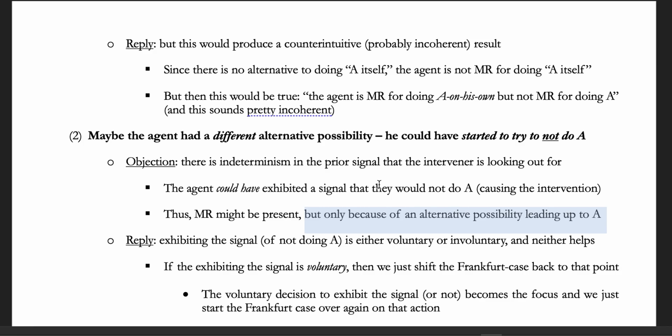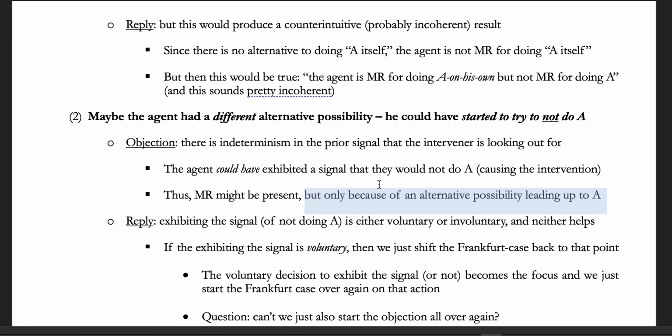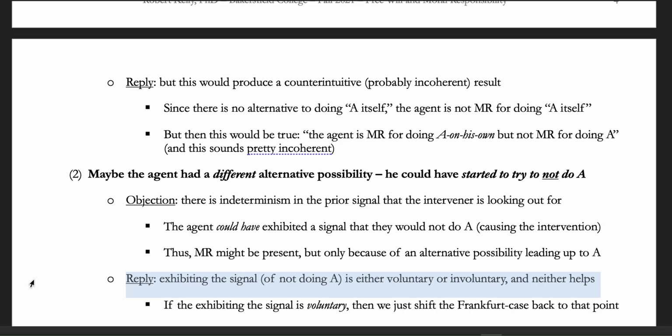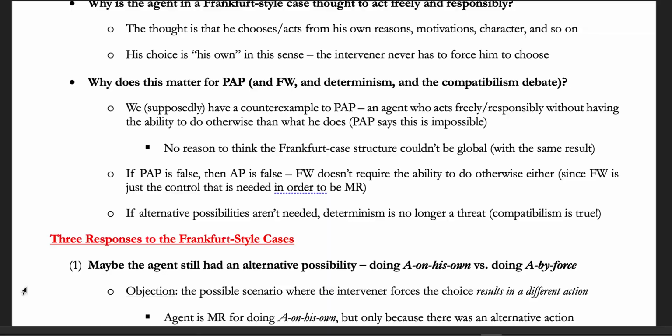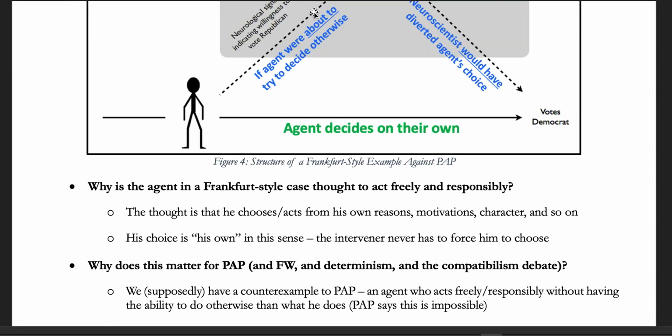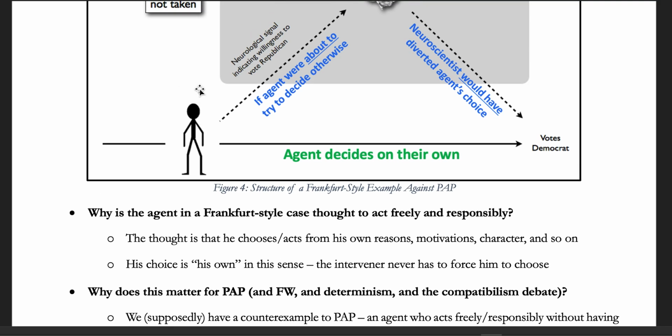Okay, what do people say in response? Well, this response here is roughly this John Martin Fischer response that invokes what's called flickers of freedom. So the reply is, look, exhibiting that signal, that indeterminism here, whether or not you exhibit this signal that you're about to try to do otherwise, that you're about to try to do B, whether or not that happens, whether you blush, whatever the signal is, if you blush or your eyebrow moves or your neurons start to do another process, whatever that is,